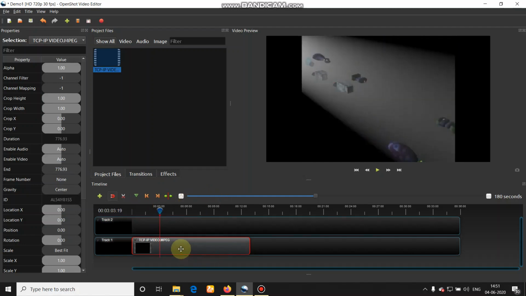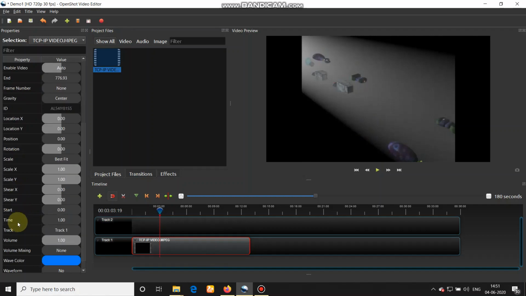Again, you have to move to the properties, go to the volume, and as you can see it is at 1.00, that is 100%.